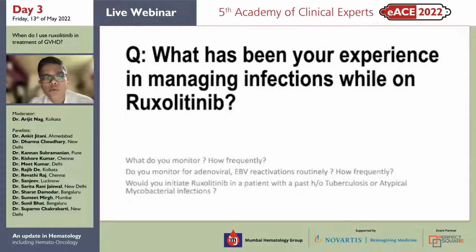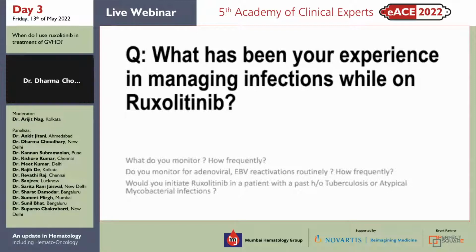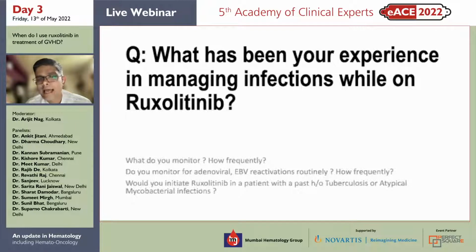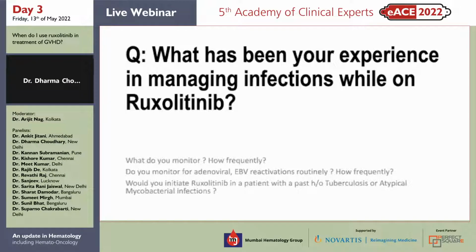Yes, and also this question that the Indian population, they are prone for tuberculosis reactivation. So every time, if there's any symptoms, one should keep an eye on the tuberculosis. Yeah. So if in a patient who's had a previous history of tuberculosis, would you be brave enough to initiate ruxolitinib in the patient? Absolutely. The leukemia is more the killer than the tuberculosis. We have to do transplant. We have to treat them, and whatever it comes, we have to keep an eye about the reactivation of tuberculosis.